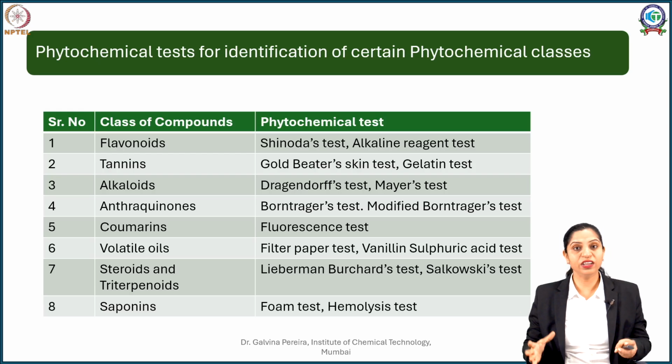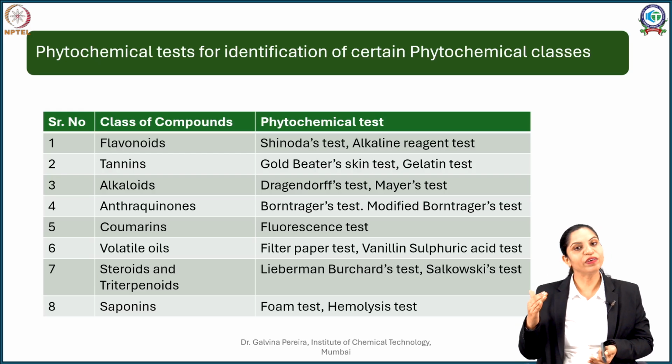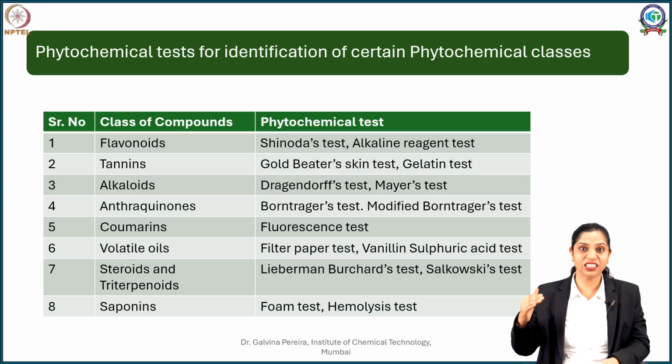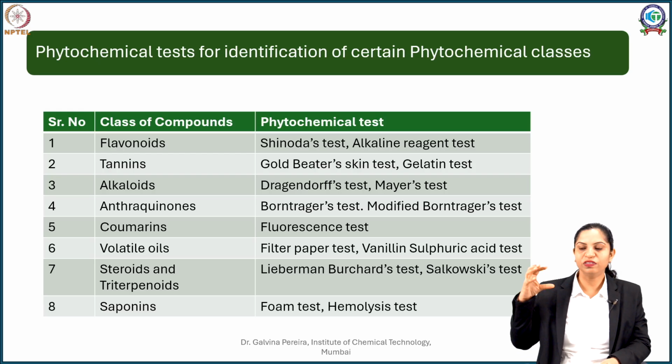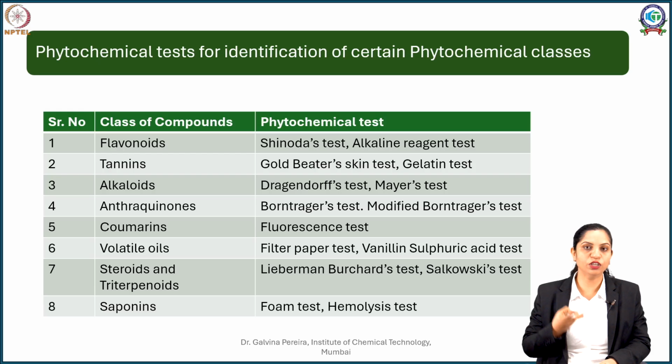So, if you are given a drug, a herbal formulation, or a herbal extract, what we have done so far is discuss drugs category-wise. When we said orange peel, we discussed flavonoids. We didn't discuss pectin or essential oil. But if you take this orange peel and do the phytochemical tests, there is a good chance that you will get a positive essential oil test, because orange contains volatile oil. It will also give a positive test for pectin.